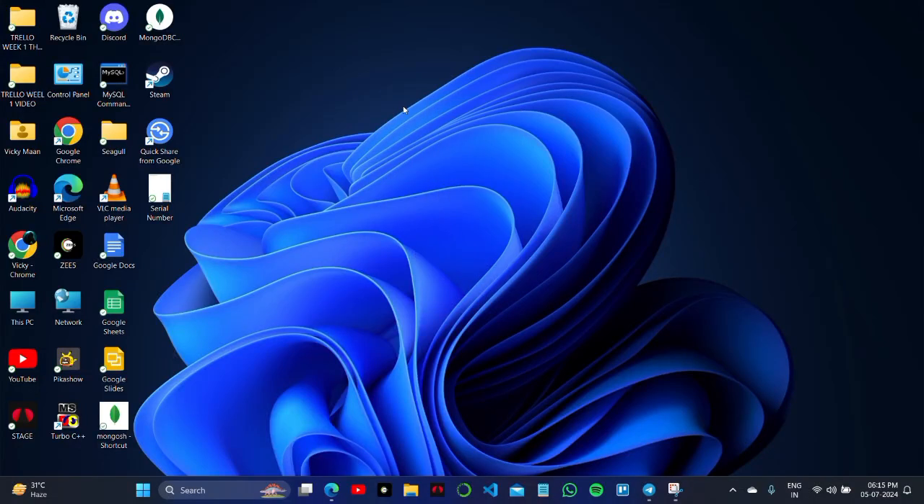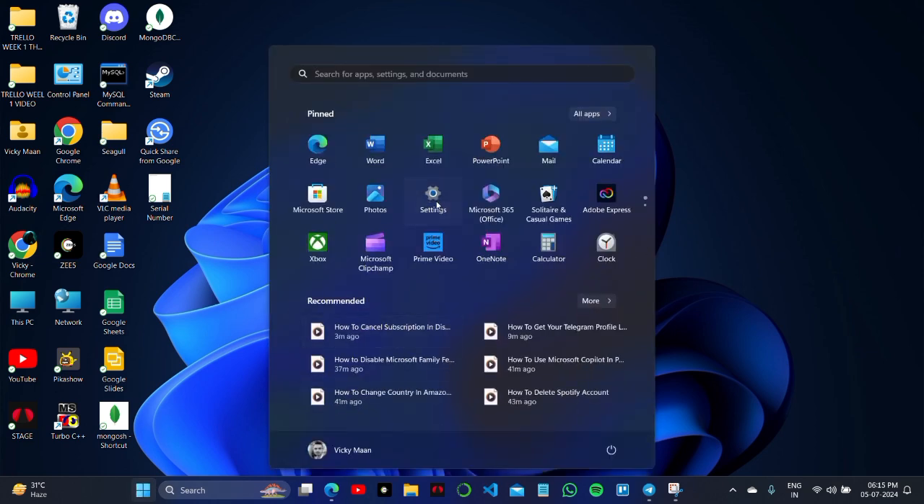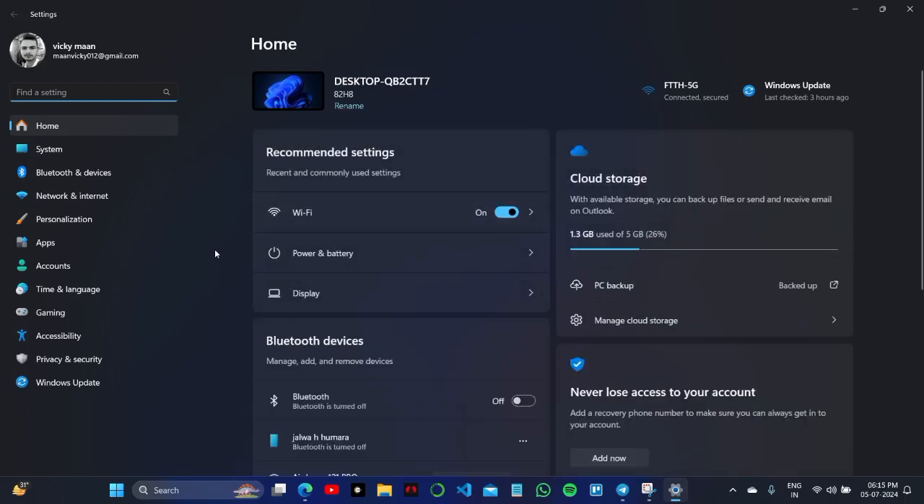How to remove Microsoft account from your Windows account just in some seconds on your PC or on your laptop. To remove your Microsoft account, what you have to do is open the settings of your Windows profile and go